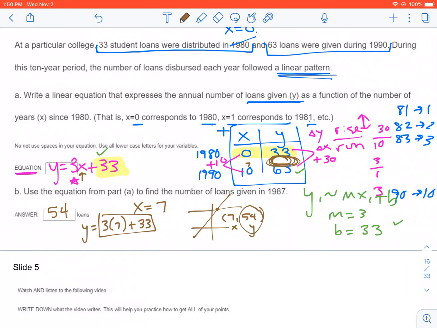Please make sure you type in both answers, the equation and